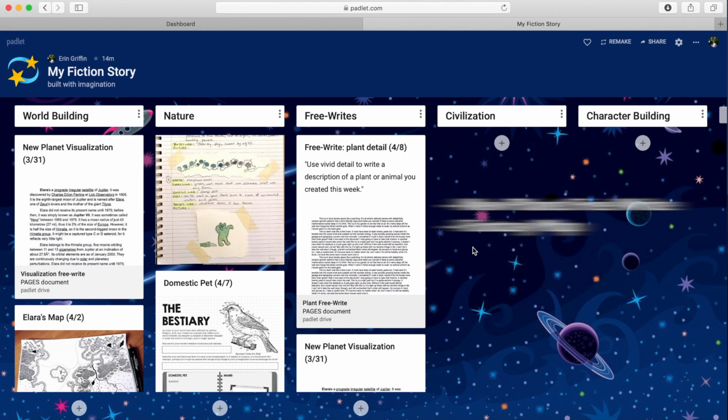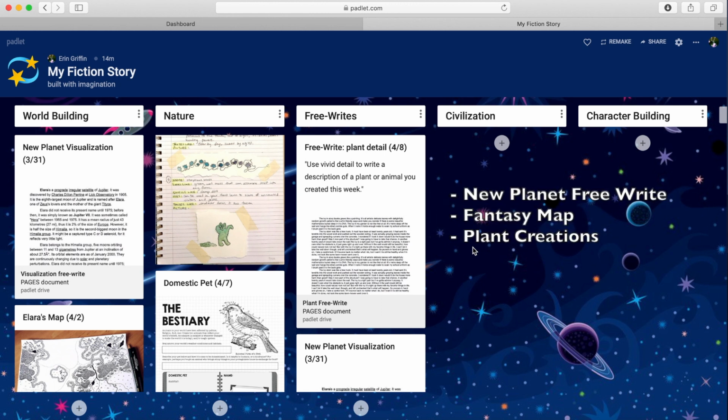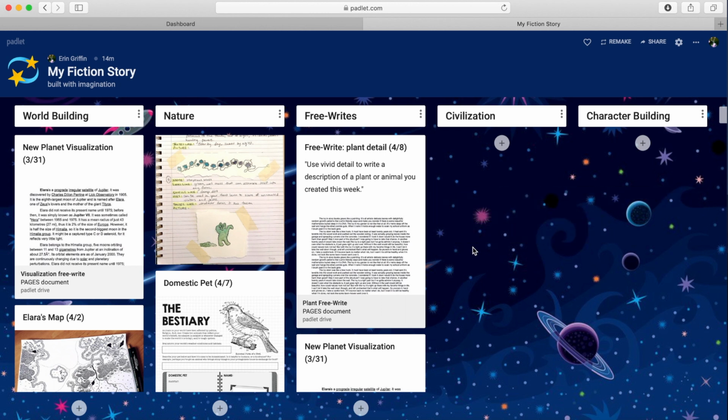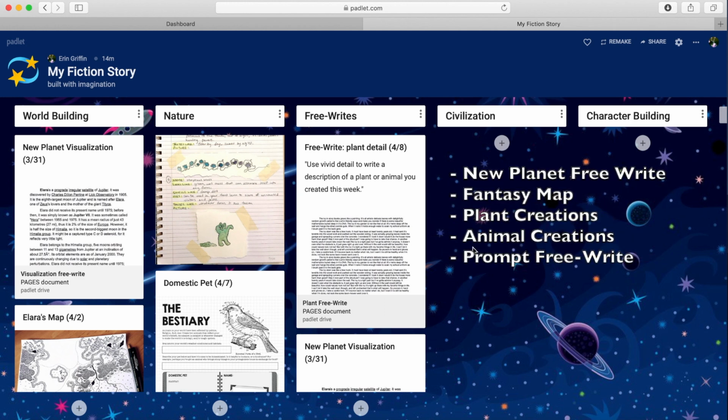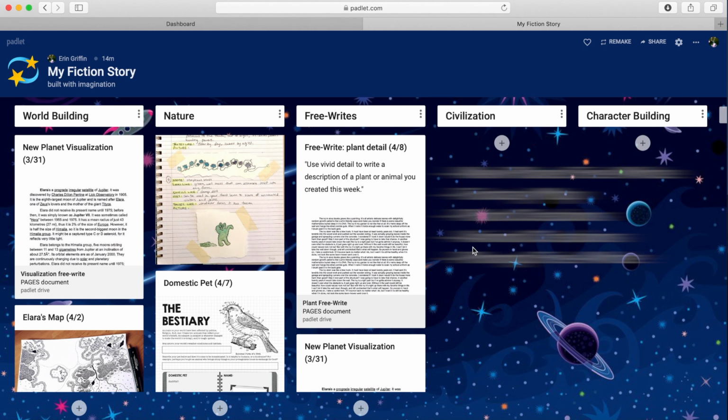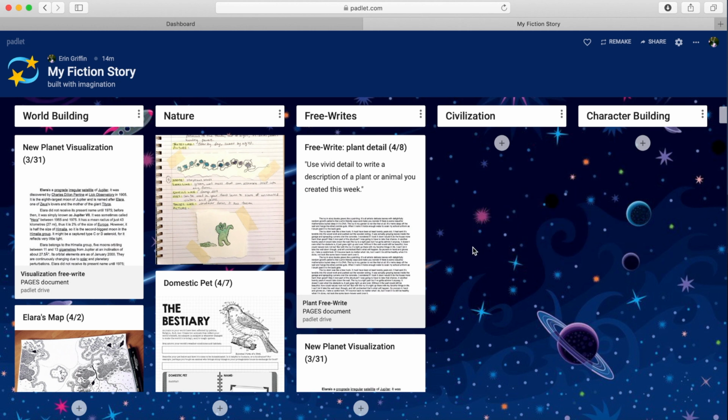You have your botanical chart, which was the plant creation. You have your animal design. And then you also had a free write from last week where you responded to a prompt. So your assignment this week is to create a Padlet that contains at least those 5 things, if not other things that you've created. If you're looking for a challenge, I would encourage you to add other things to your